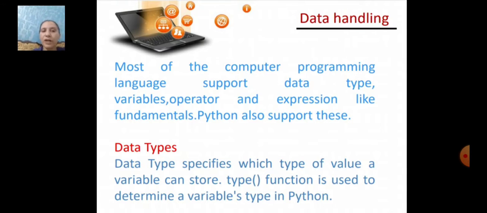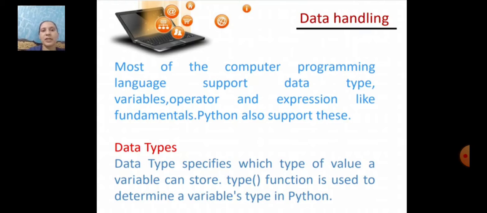The type function is used to determine a variable's type in Python. So if you want to know the type of value a variable is storing, we can find it by using the type function.